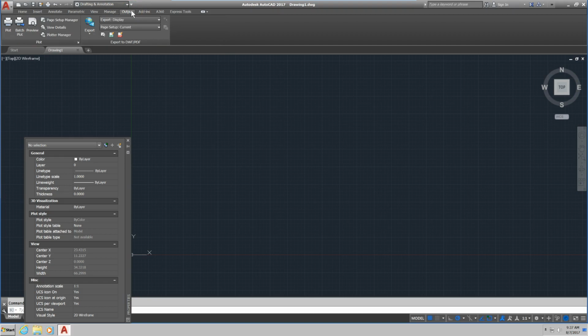Output has to do with taking your AutoCAD drawing, exporting it to the various view and print formats. Add-ins is something that's available only with the VDI version of